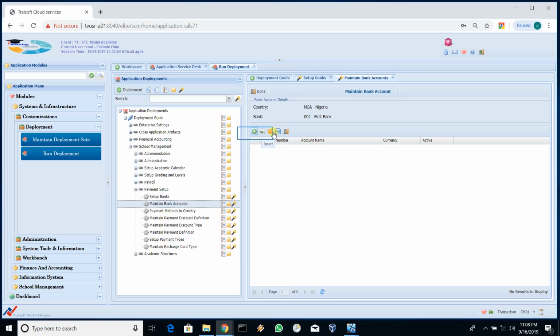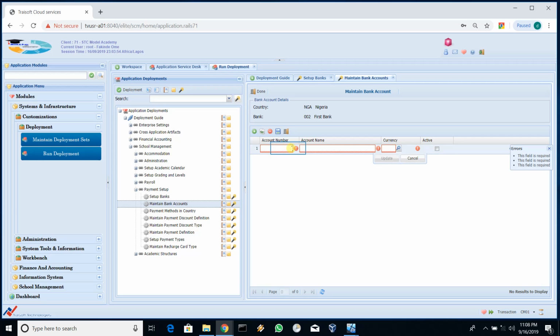Then this is to delete, and then this is, so when you've made all the changes, whether you're deleting or inserting, always bear in mind that whatever we are doing on this page at any point in time is not complete until we click on this save button. So even if we add a new record here